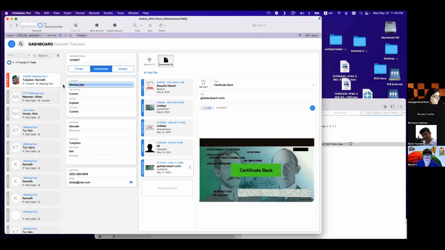If both are missing, you say missing doc. If I have the certificate back but not the front, he wants missing front. If I have the front and not the back, he wants missing back. But if I have both, he wants valid. So now we need to treat that as an individual ID.